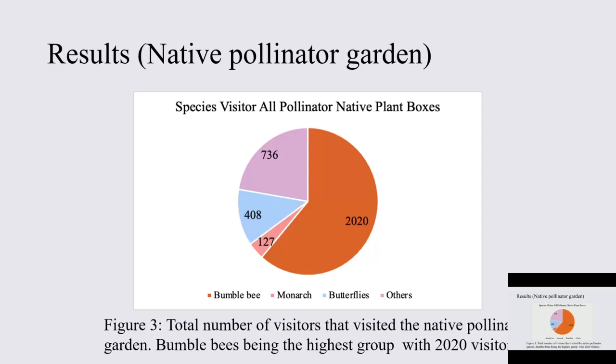In our native pollinator garden, we had 2,220 bumblebees in an 8-week period. That is a lot of bumblebees to count. So you can just tell right off the bat that this native pollinator garden was fantastic in bringing in basic pollinators. We also had a huge monarch population in the native pollinator garden, which is beautiful to see because the